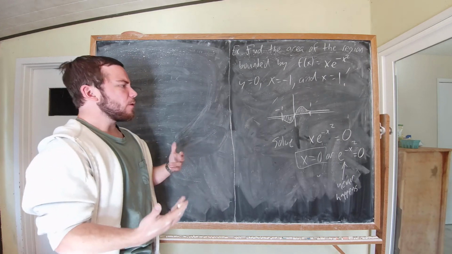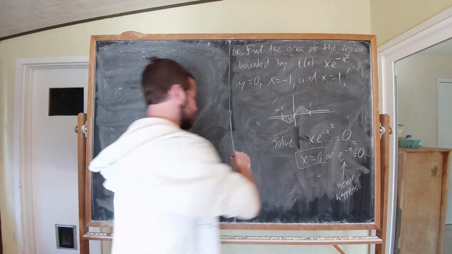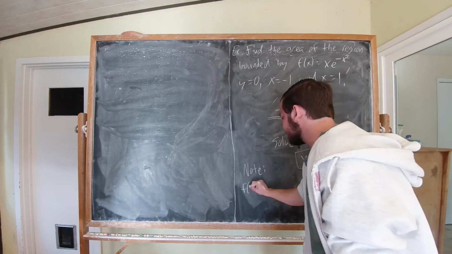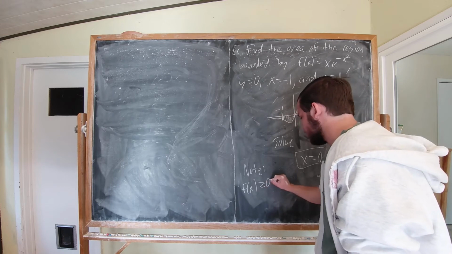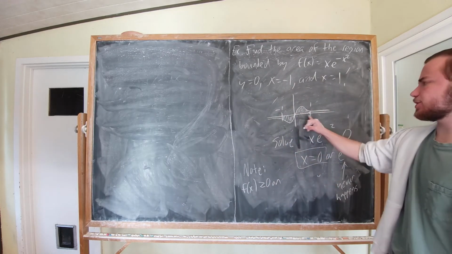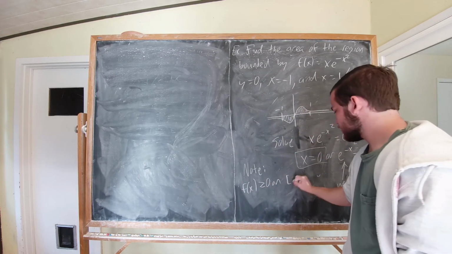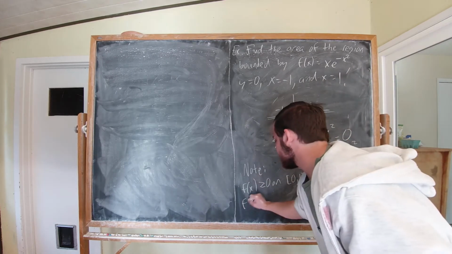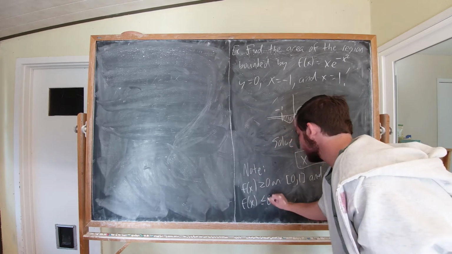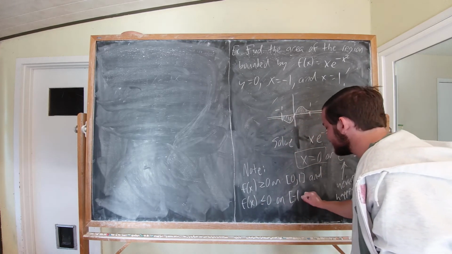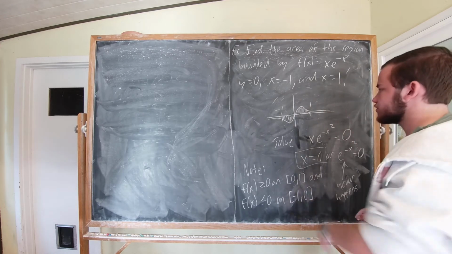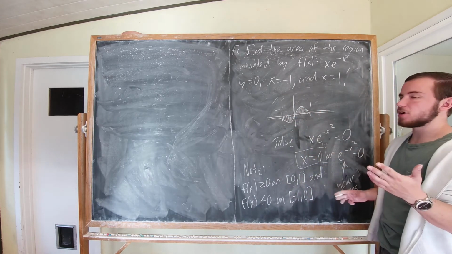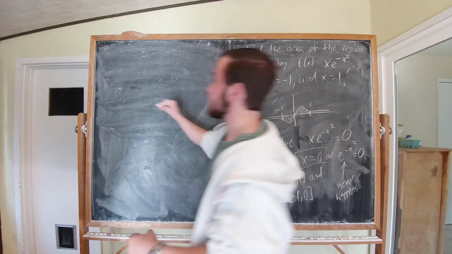Where do we go from here? Well, we're going to set up our integral. We notice f of x is greater than or equal to 0 on this second region right here, on 0 to 1, and it's less than or equal to 0 on negative 1 to 0. So between here, f of x is below 0. Here, f of x is greater than or equal to 0. Which means our area integrals get set up